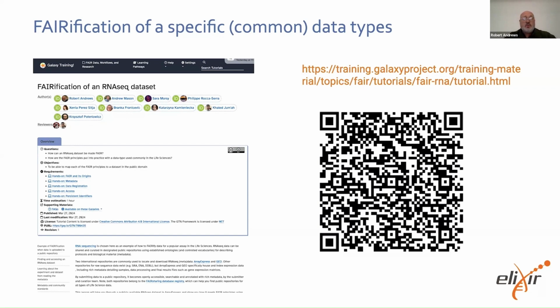So effectively you can identify genes that are turned on or off in a state, for example, a disease state relative to normal tissue. We took this data set and followed these headings. We showed metadata, particularly the metadata community standards around annotating RNA-seq data sets. And then we showed the public repositories, which cater for the registration, the access, and also the persistent identifier. So we scaffolded against the previous course that I've just shown.